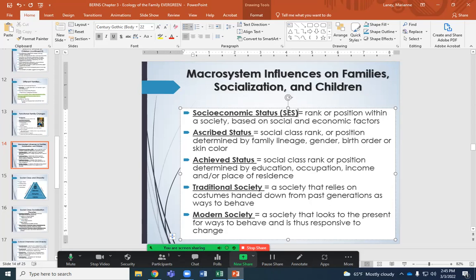Even in the beginning of the chapter, it talked about Prince William. He did go through school and went through the military and things like that, but his money has always been there for him, right? And this is that ascribed status. Basically he was born into it. So think of the Kardashians. Any child in that family was born into this ascribed status. Do they have to achieve anything? Do those children have to be Instagram influencers? No, but Instagram influencers are achieved. Make sense? So even something like Mark Zuckerberg, who started Facebook, he achieved that. He wasn't born into that. His children are born into that wealth, right?